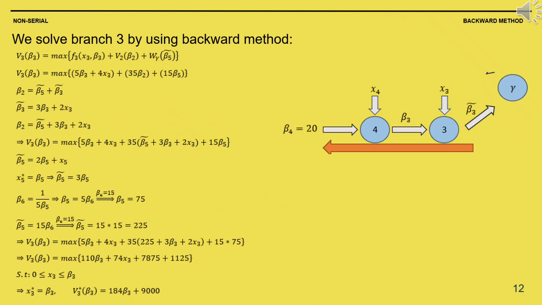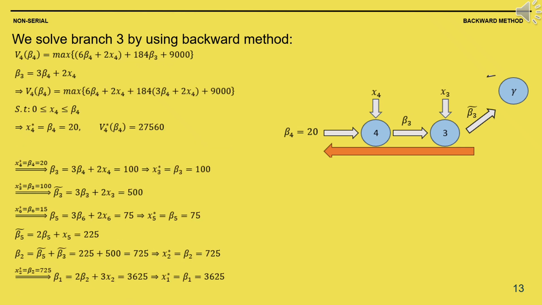Before we move to branch 3, I need to mention one thing. We reached the gamma stage through branch 1 and branch 2. This means the return in the gamma year is equal to the sum of the returns from branch 1 and branch 2. Now that we have the return for the gamma year, we move backward. Finally, the return of the last node, v4, is equal to our objective function,